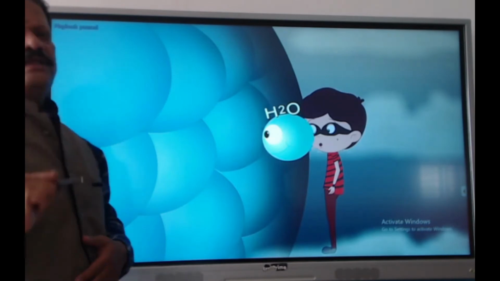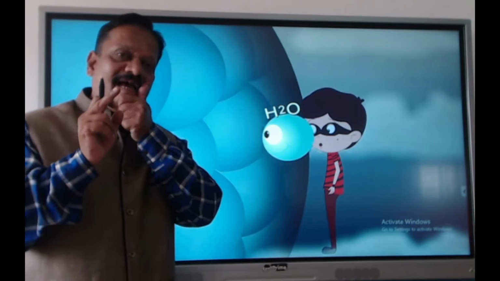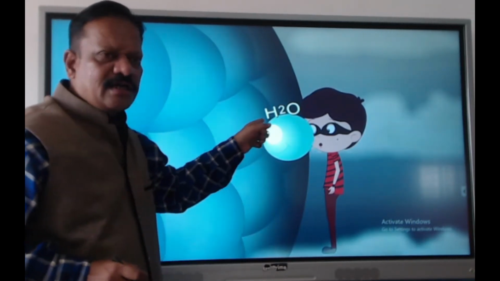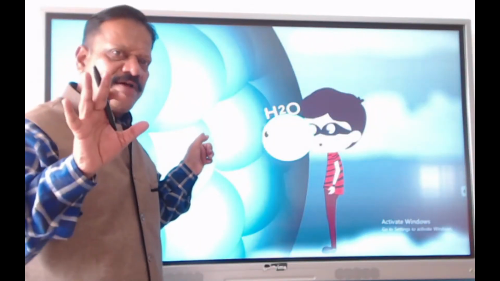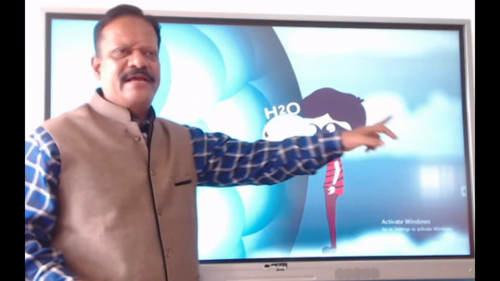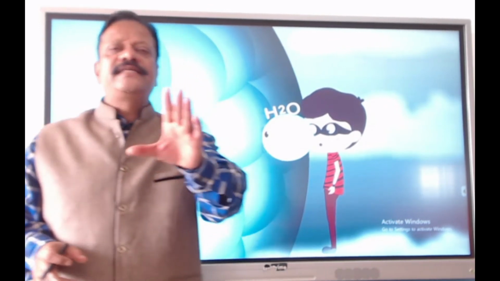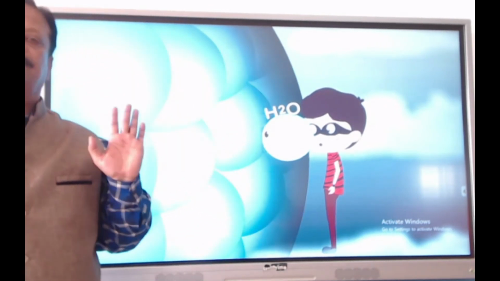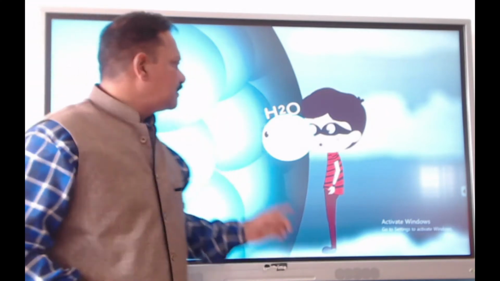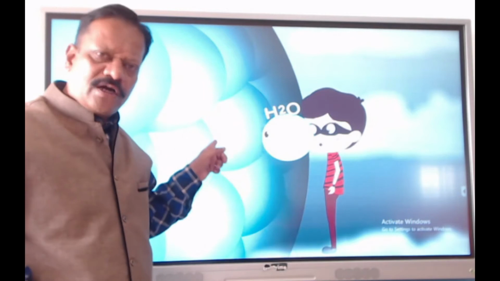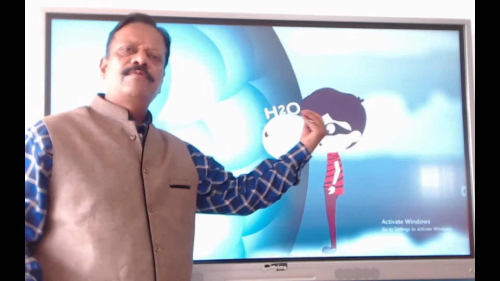So the semi-permeable membrane, what is happening? I told you, it is allowing only water to pass through it. It is allowing water inside, and whatever carbon dioxide is there, that is coming out of the plasma membrane. But other than water, it is not allowing any other things. But in case of animal cell, what is happening? The cell membrane, it is allowing water to pass, but along with the water, some of the solute particles are